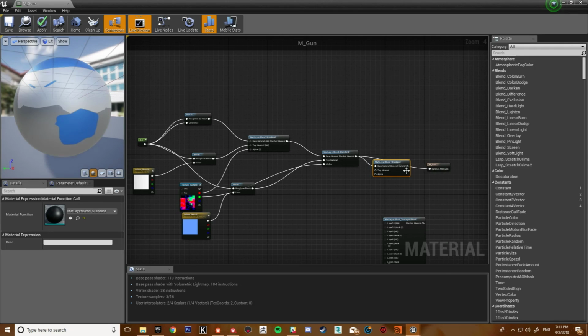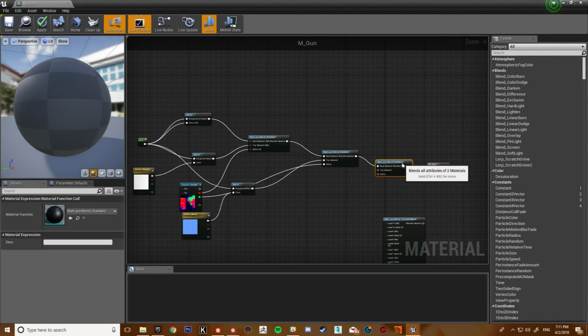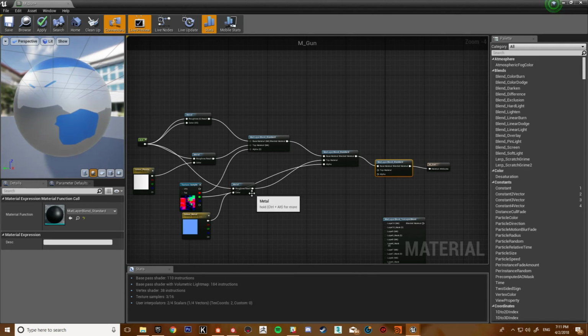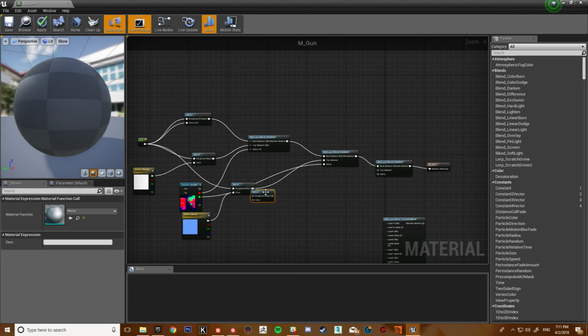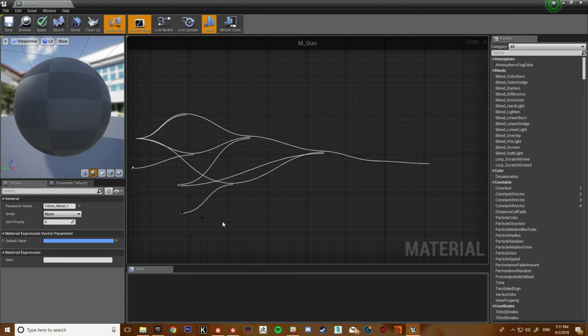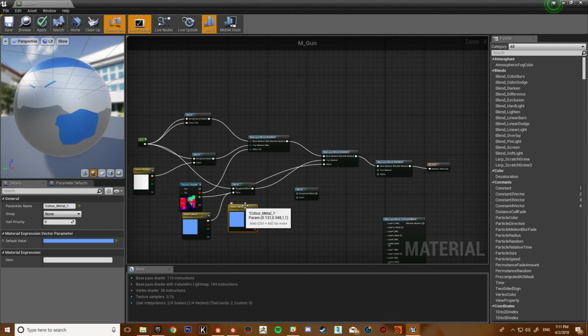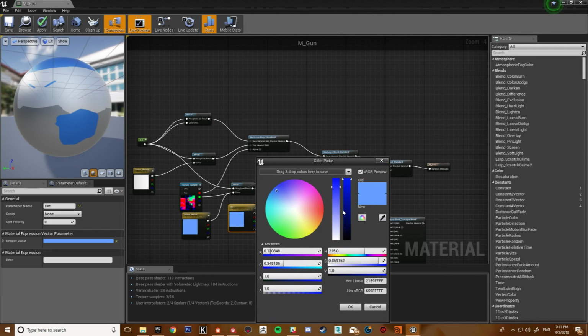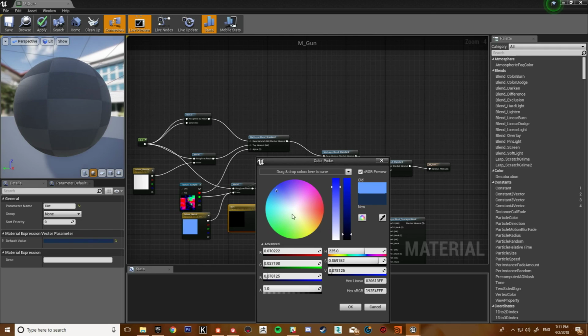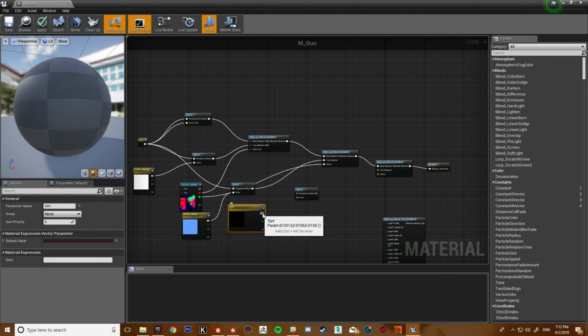And then we have another layer, our final layer. I don't know whether this would be cheaper doing it like this, but this is how I've been doing it. So I want to get my dirt layer now, and just make it a dark colour.